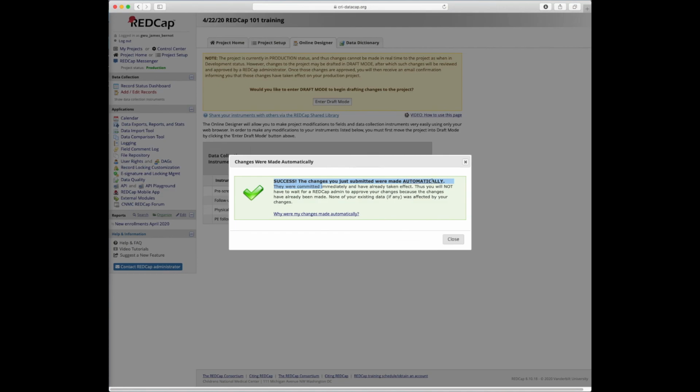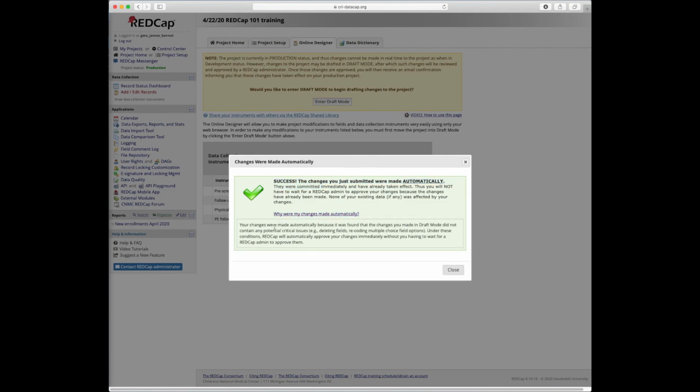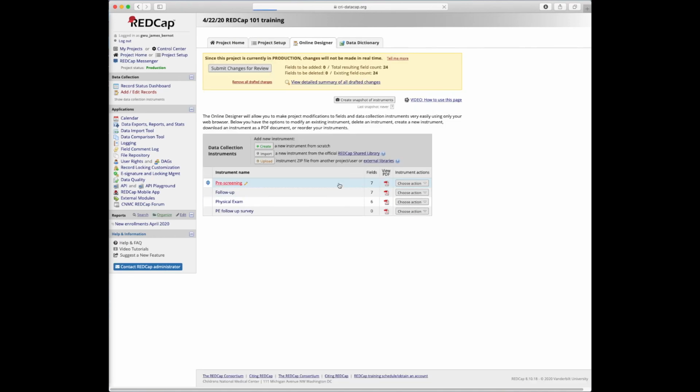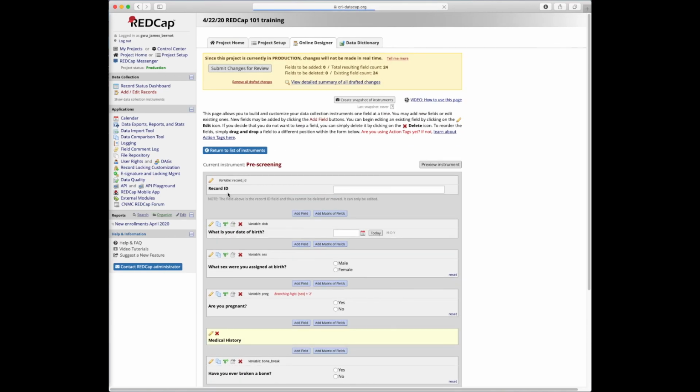Success. These changes wouldn't have caused any issues. They were implemented automatically. Why? You could follow this. REDCap did an automated check and found that none of these caused any potential critical issues. Under these conditions, they're automatically approved. Great. If you had entered something else, if you had entered draft mode and you tried to go into pre-screening